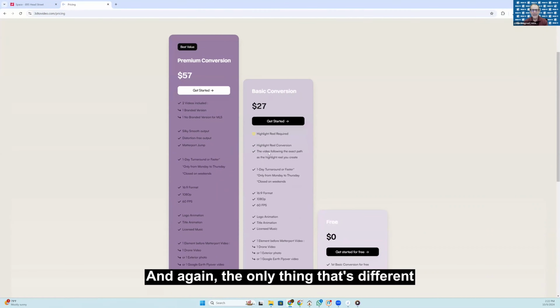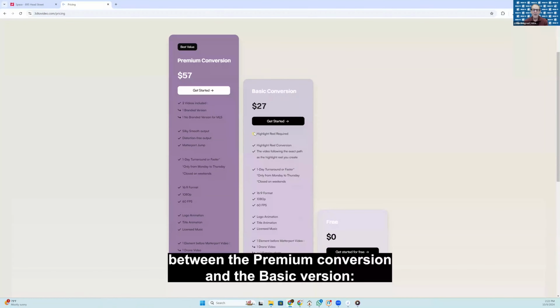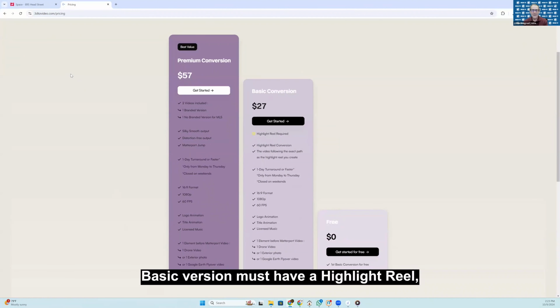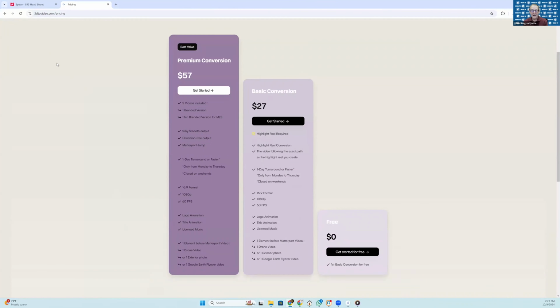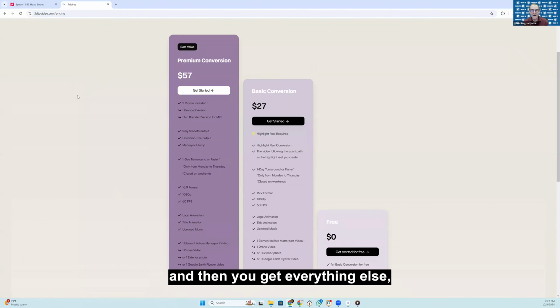And again, the only thing that's different between the premium conversion and the basic version must have a highlight reel, and then you get everything else that we're going to see.